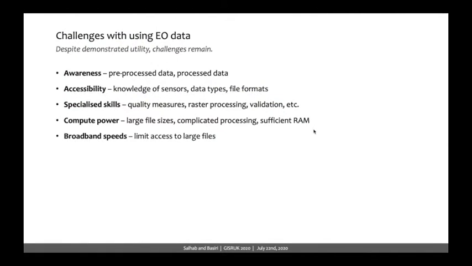So, however, there's a lot of potential, but there's quite a lot of challenges as well. You need to know that the data exists. You need to know how to access data, the different file types, the data formats, etc. Specialized skills. You need to understand the quality measures that are associated, understand how to process rasters, etc. Compute power. These files are huge, so processing is very complicated, and you need to be able to